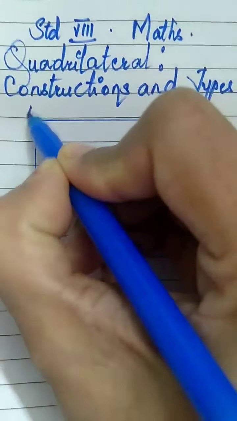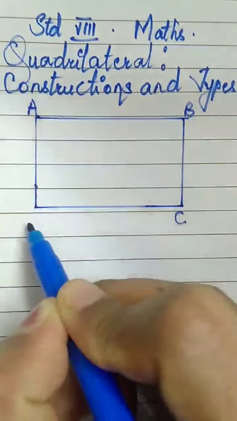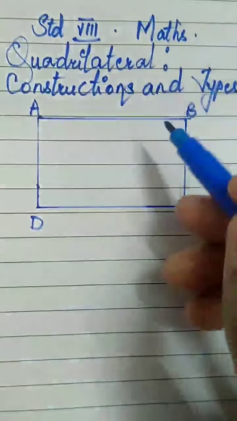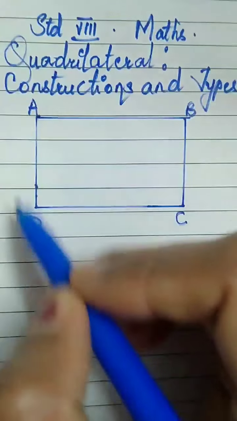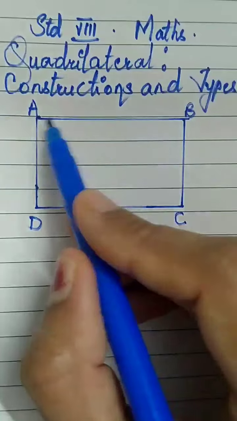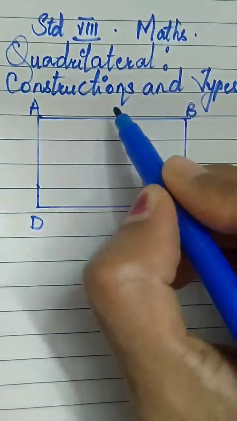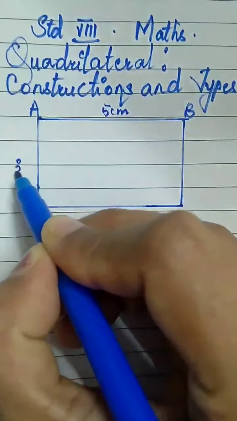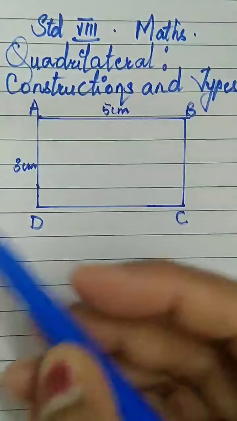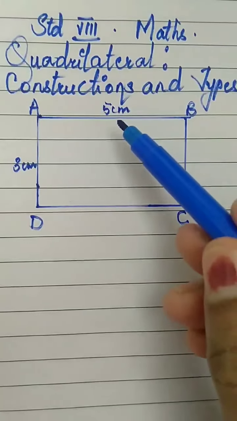Now it's time to name it. I'll name it as A, B, C, D, clockwise. Now after naming the rectangle, I have taken the length as 5 centimeter and the breadth as 3 centimeter. You can draw a rectangle of your choice, any measurements you can take, but only see to it that opposite sides